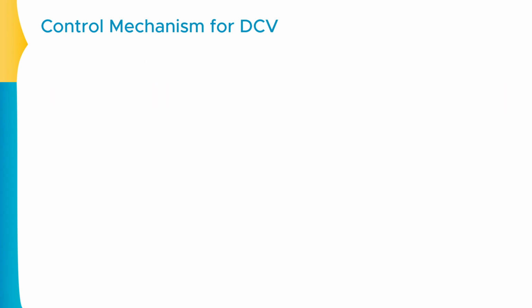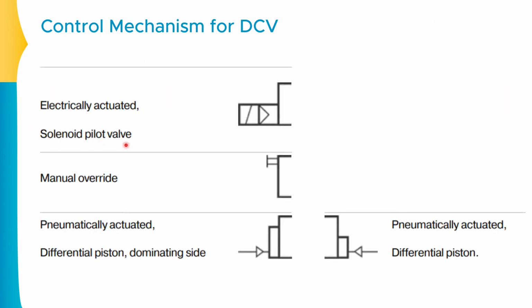Other than that, we also have the solenoid pilot valve available. So this specific thing represents the solenoid valve, but it will only get actuated whenever it gets the pilot actuation, and the pilot is actually the pneumatic control. As you are observing, the triangle is a hollow triangle, so this shows the pneumatic pilot line. Clear?